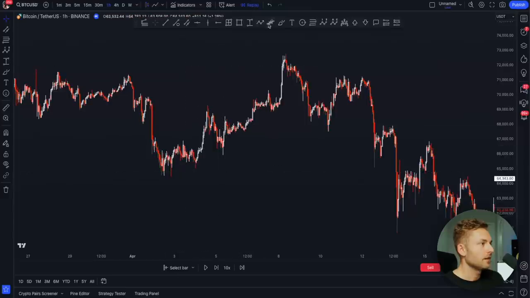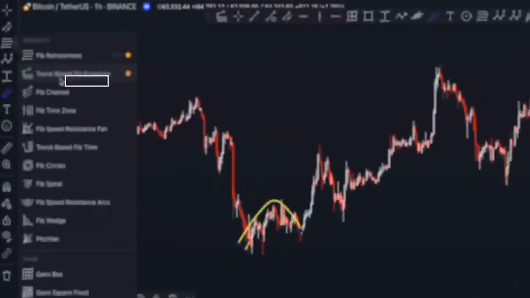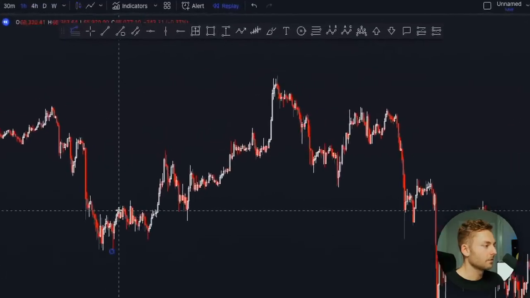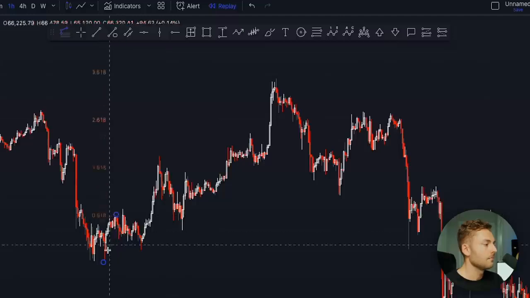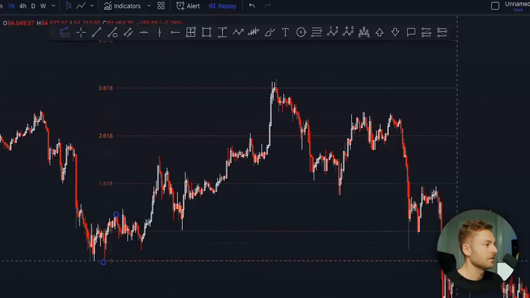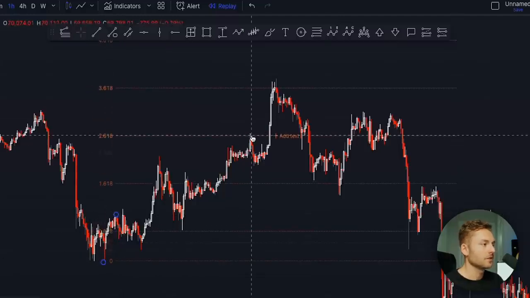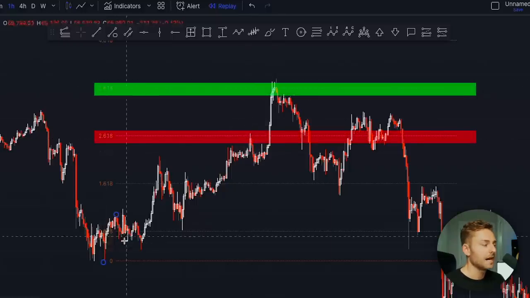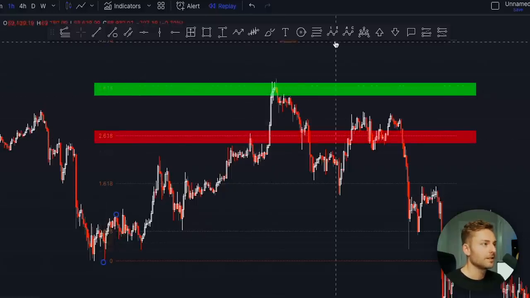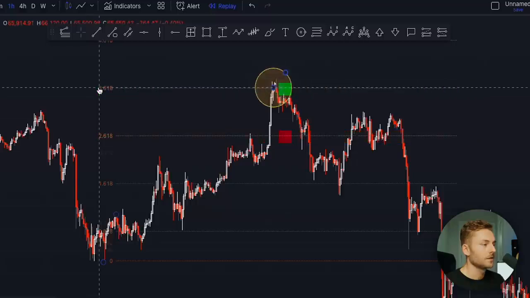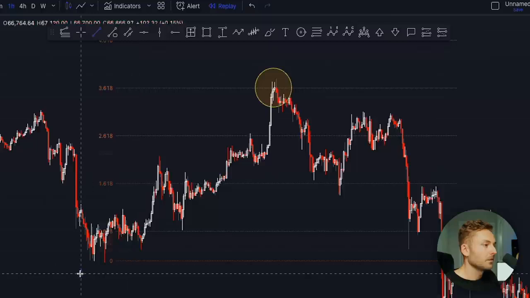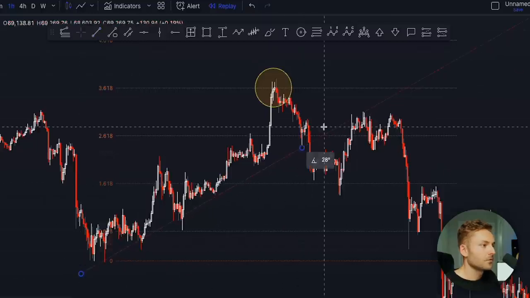But say, for example, we find this first little move. I can go into here, go to my trend-based Fib extension. Then we'll go to the lowest point on our candle, which was here, go up to our high, and then back down to this low. And if I stretch this over, you'll notice we're getting a resistance point off of our 261.8, and this 361.8 multiple after our 5-wave structure is the exact top, aligning with this exact value before we saw a major sell-off in the market. And this is a way that we can start looking at trends, look at where the trends break,